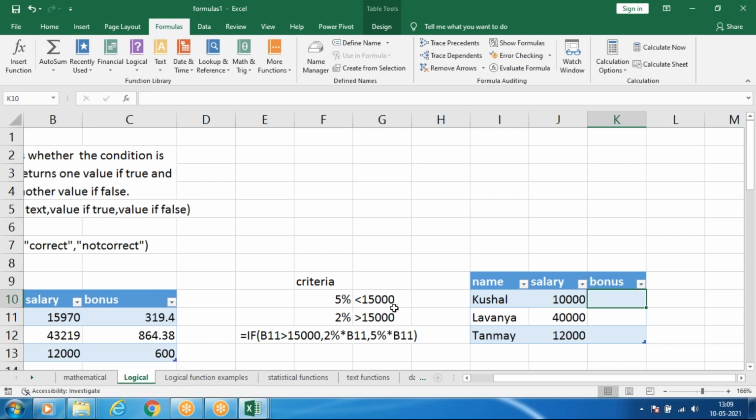That means around 10,000 means 500, and around 750 they'll get as bonus. So for that we are using this formula: equals IF, the salary is,